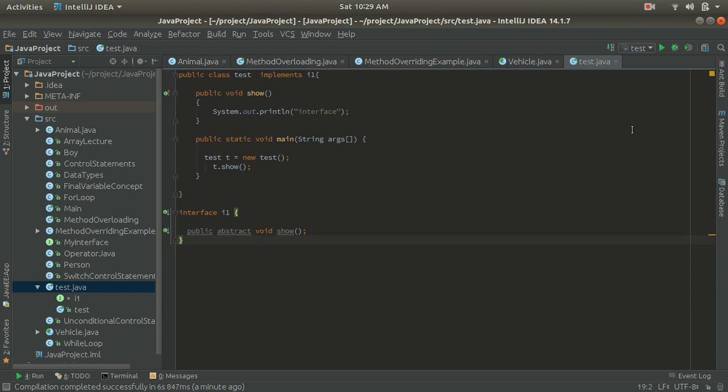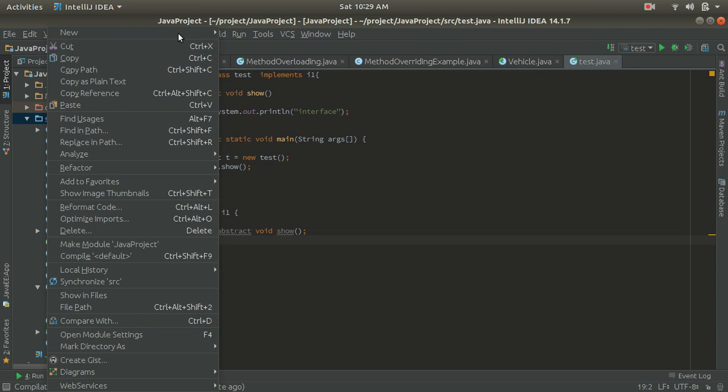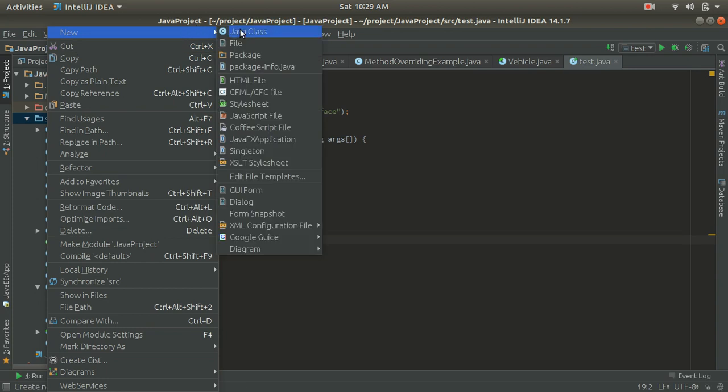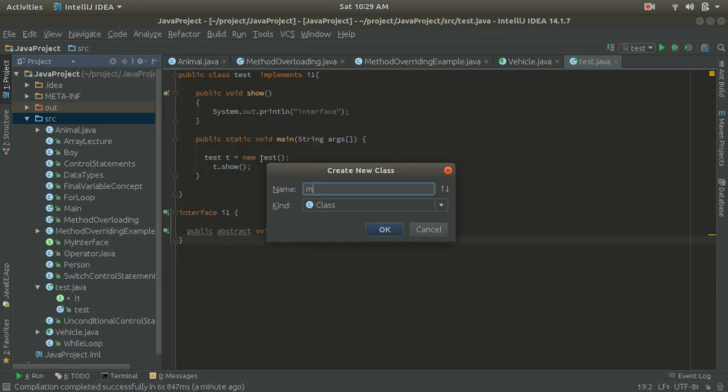For that, I am going to create one more class with the name MultipleInheritanceWithInterface.